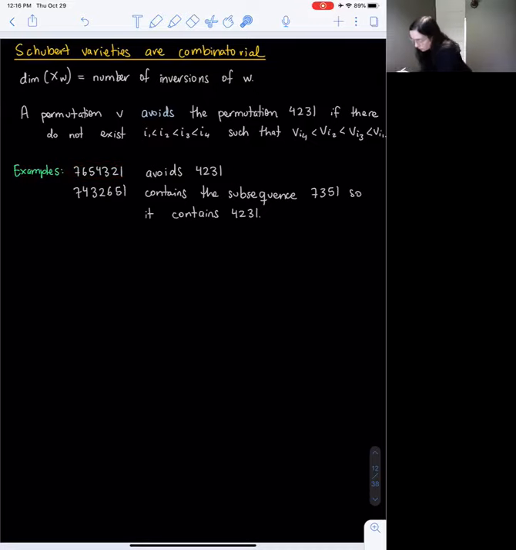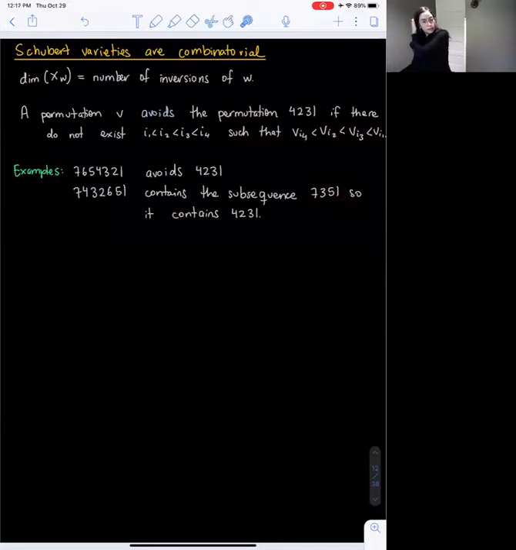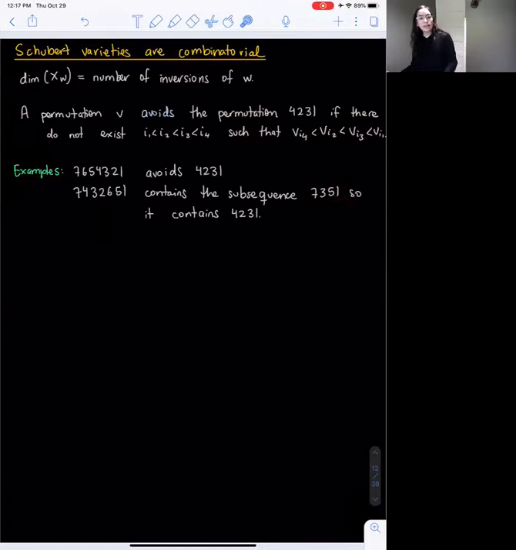Conversely, if a permutation doesn't avoid a pattern, then we say it contains it. So for this permutation 7, 4, 3, or whatever we have there, notice that we have this subsequence 7, 3, 5, 1. And that subsequence is in the relative order 4, 2, 3, 1, right? Largest, second smallest, etc. So it contains this permutation. And similarly,